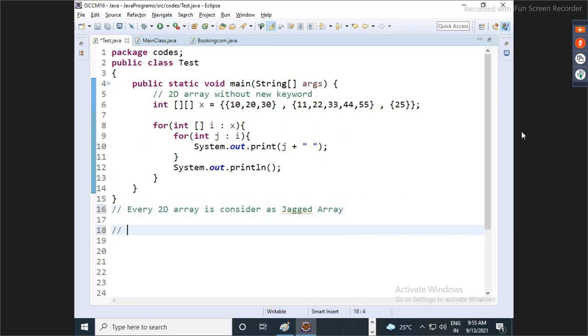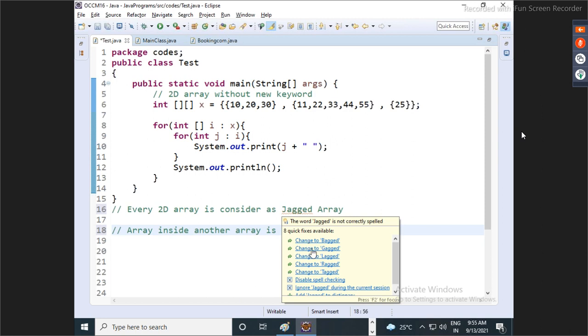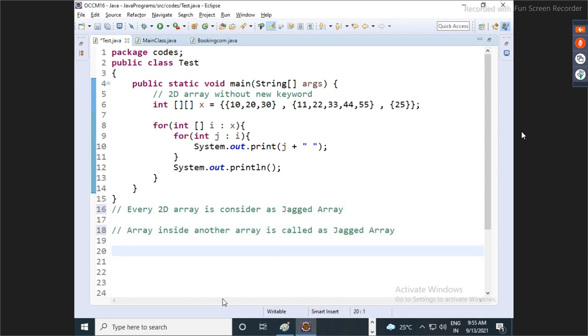So what is the meaning of jagged array? Array inside another array is called what? Jagged array. Is everyone clear? Any confusion? Note down this.